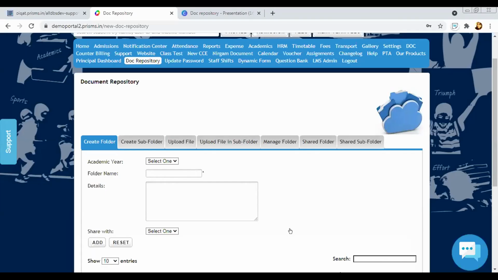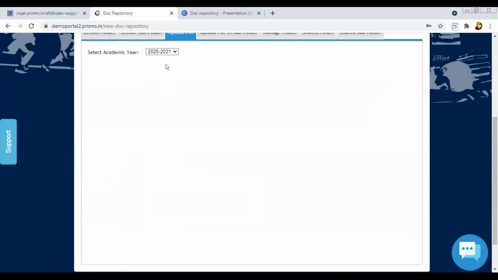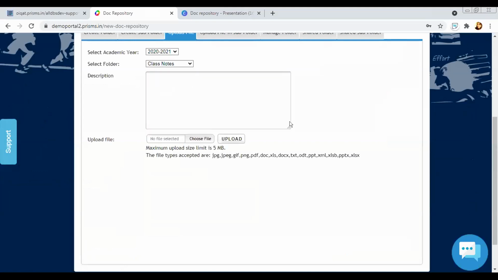Okay, and can you share what all files are accessed, or what all types of files can be shared? There are a few queries. What kind of files can we share? Currently the types of files that can be shared are these: an image, PDF, doc, Excel sheet, text file, PPT. Basically all types of files. Currently the maximum upload we have kept is 5 MB, but if any particular school requests, we can increase the size. Okay, fine.